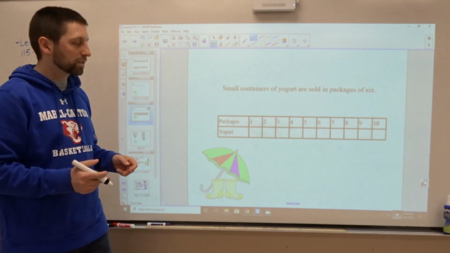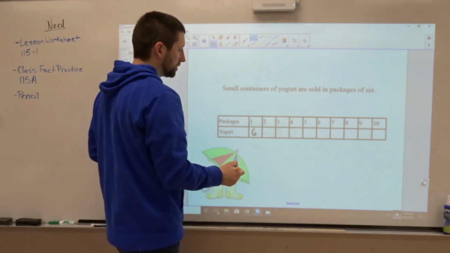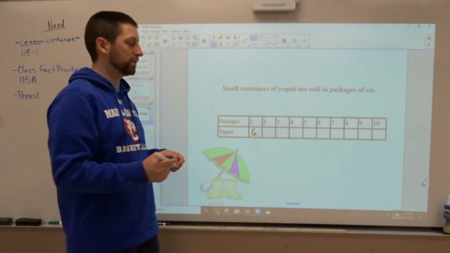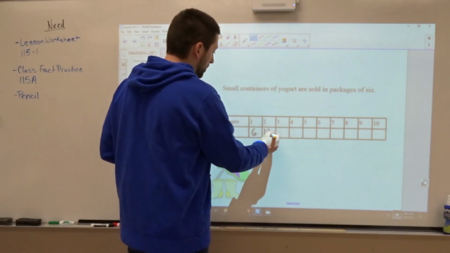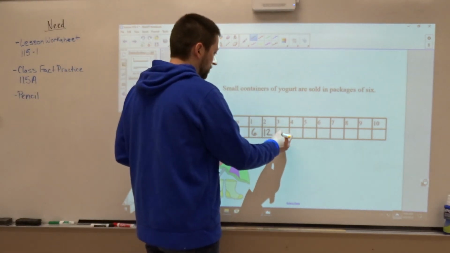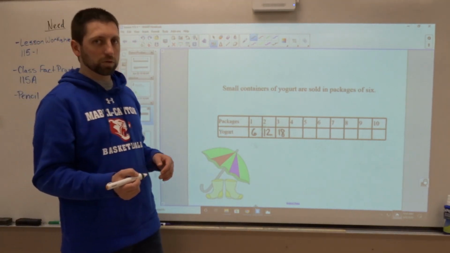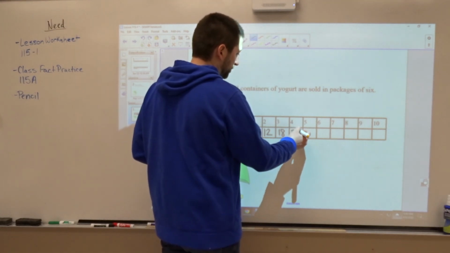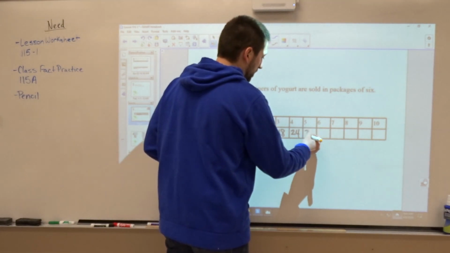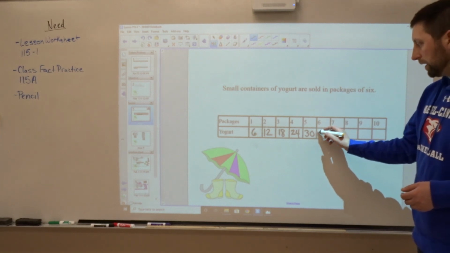Alright, so if I went to the grocery store and I bought one package of yogurt, and in that package there were 6 containers, 1 times 6 is 6. If I buy 2 boxes of yogurt, well, 2 times 6, that is 12. If I bought 3 boxes, that would be 18. 3 times 6 is 18. 4 times 6 is 24. 5 times 6 would be 30. 6 times 6, we know that one,